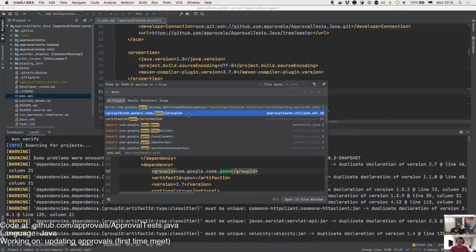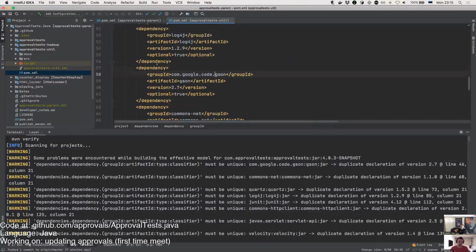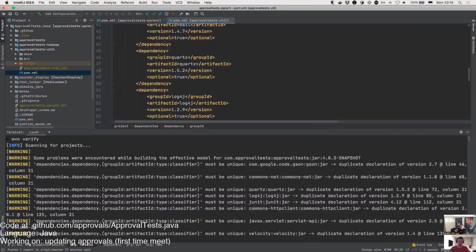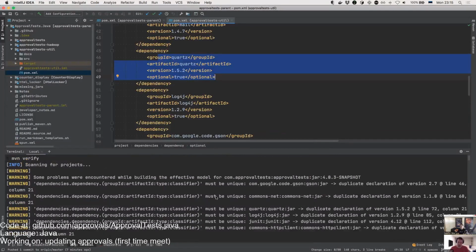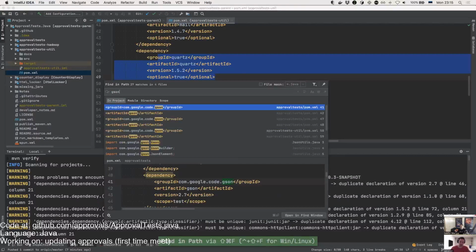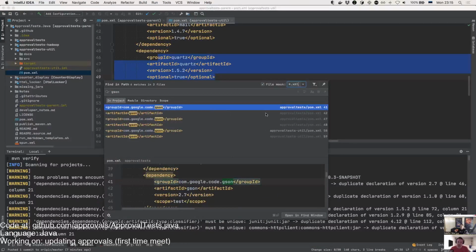That looks right. It's again 58. Now look for line 46. That's quartz. But we do have it at 58. So we have it in the approval test POM and approval test utilities.